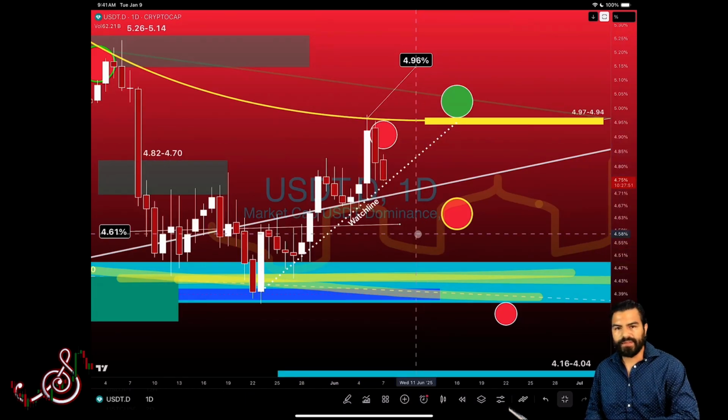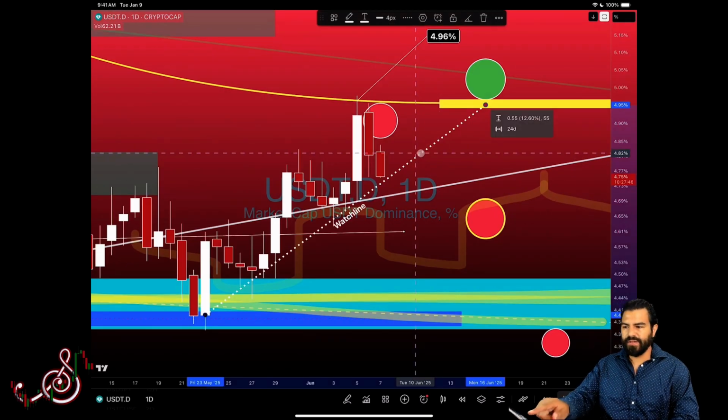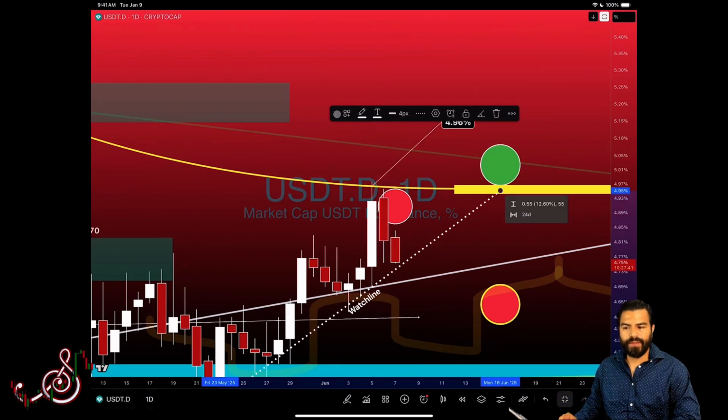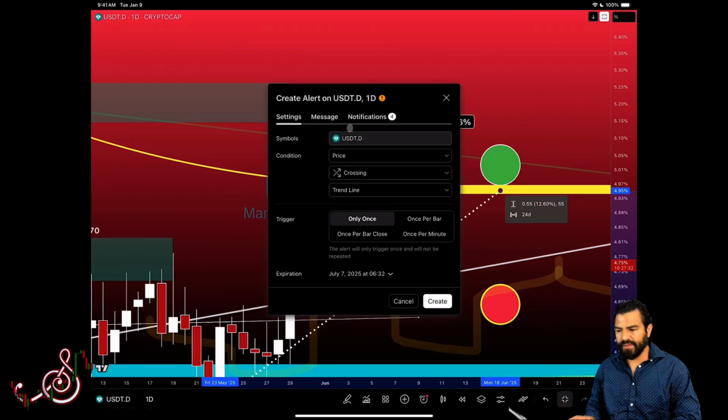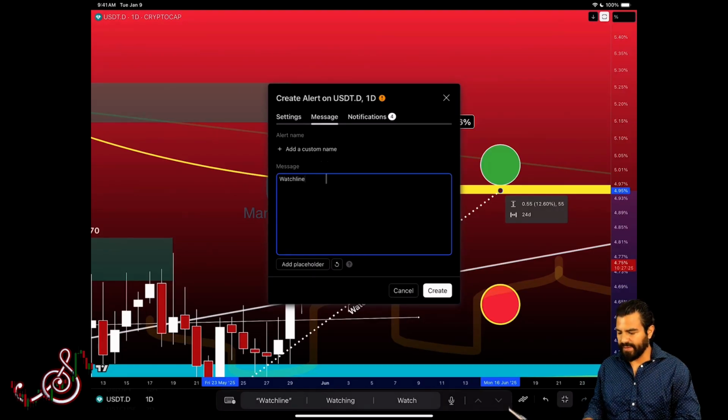Okay, it's here. When price touches this watch line, I can make an alert for myself by clicking on this line. My toolbar will come up. It looks like this. Okay, I'm going to click on the little one that looks like an alarm clock right there, and it's going to pull up this, and I'm going to click the word message. In the message column, I'm going to type in this: watch line hit. Look for moves underneath that will signal bullish